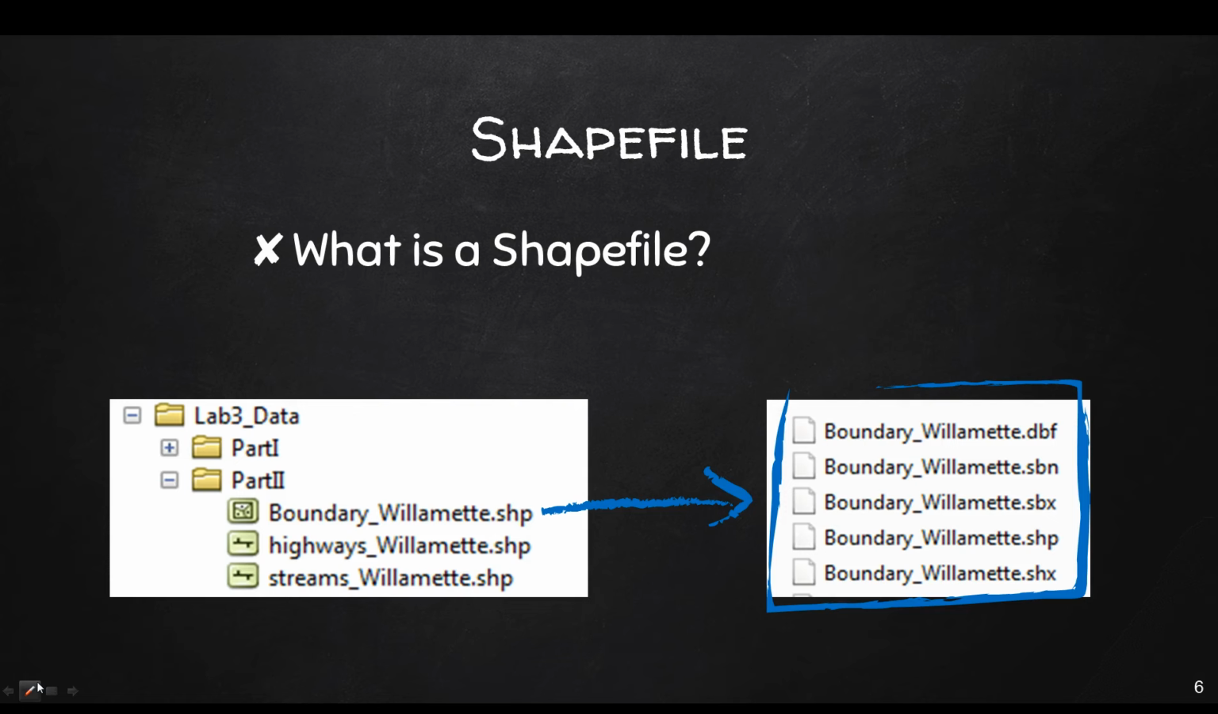Despite its naming indicating a singular file, a shapefile is actually a collection of at least 3 basic files. They end in .shp, .shx, and .dbf, and those are the 3 that are required for a shapefile. They all need to be in the same directory for them to be viewable. There are many additional files that can be associated with a shapefile, such as a .prj, which is the